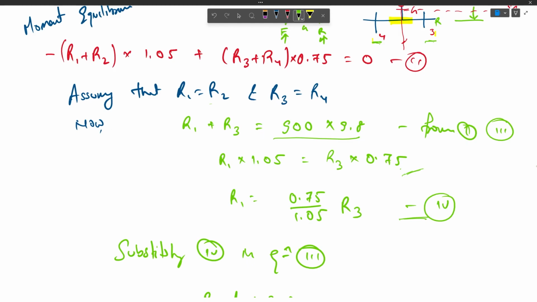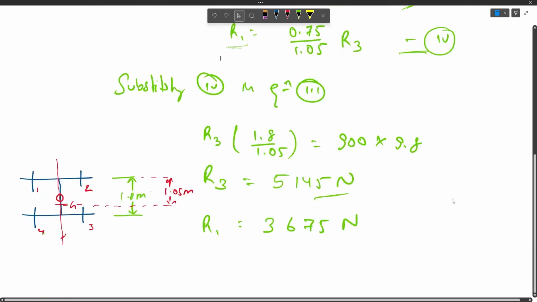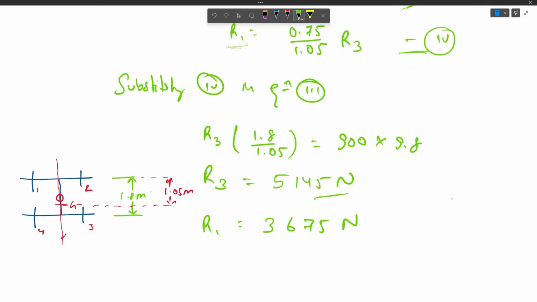Now from this we can relate reaction 1 with reaction 3 using this relation. Now substituting this relation of reaction 1 in this equation number 3, we will get R3 times 1.8 by 1.05 equals 900 times 9.8. This will give us the reaction in third wheel to be 5145 Newton and reaction in first wheel to be